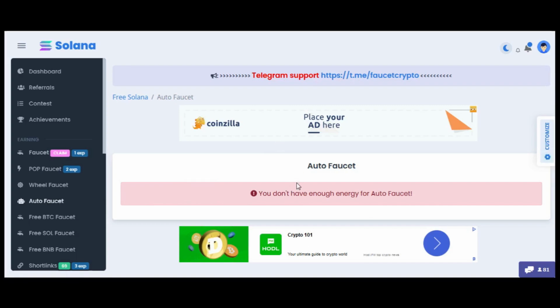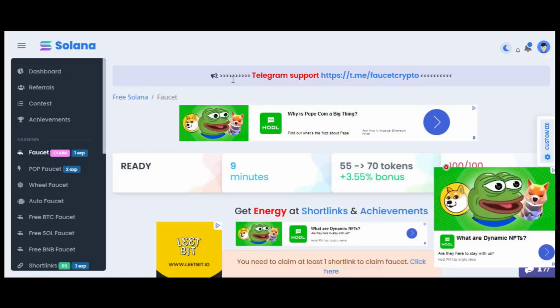And if you keep this window open, every minute you will earn 20 tokens in exchange for 20 energy. So if you earned 100 energy and you use the Autofaucet, you will earn 100 tokens. I forgot to say that